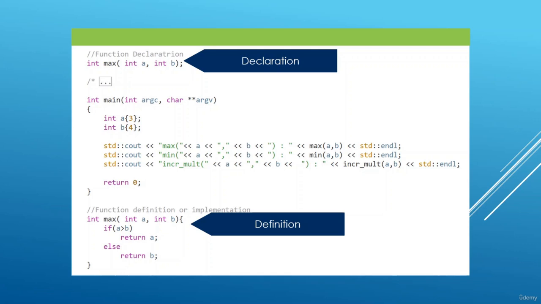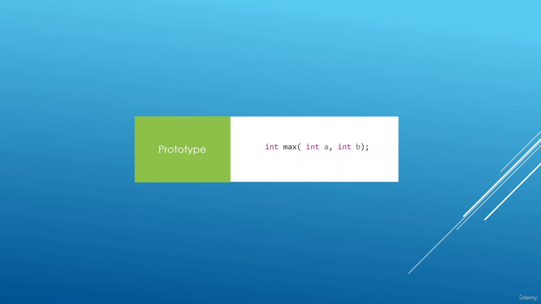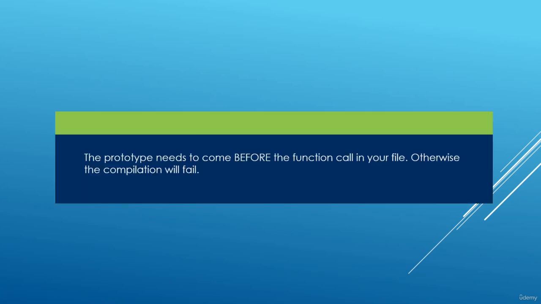Okay, now it should be super clear that we can separate our function in two parts, declaration and definition. And sometimes the declaration part is also called a prototype. That's a prototype of a function, and it is made up of the return type together with the function name, together with the parameters, and after that you're going to add a semicolon to make it valid C++ syntax. And another thing you should know is that the prototype needs to come before wherever it is called. If you're trying to call a function before its prototype is seen in your C++ program, you're going to get